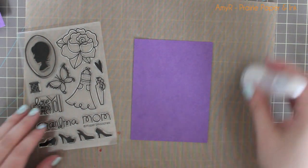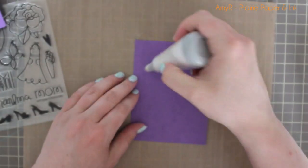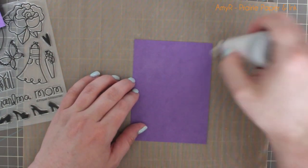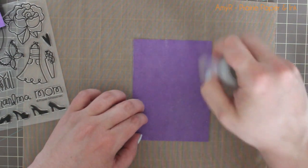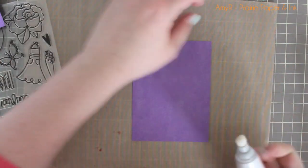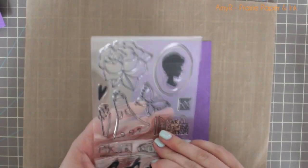Hello everyone! Mother's Day is fast approaching and I am running out of time to make a bunch of cards for a series like I've been doing in the past, so I whipped up a quick little Mother's Day card this morning. I kind of had the idea in the back of my head, inspired from one of the little